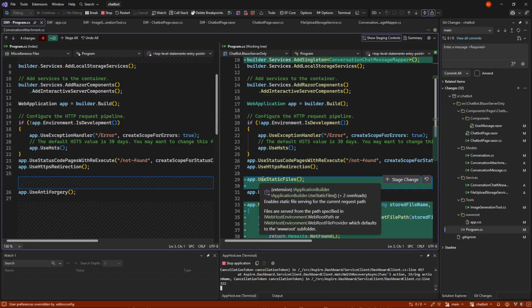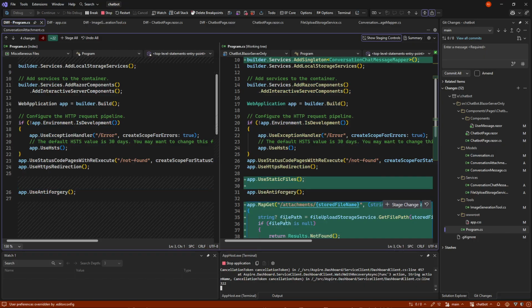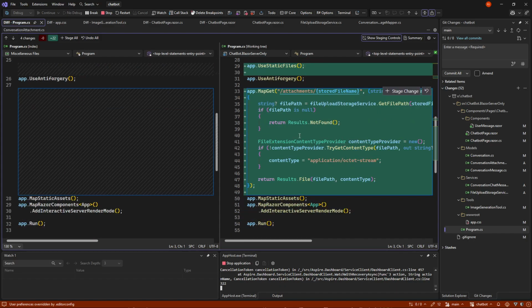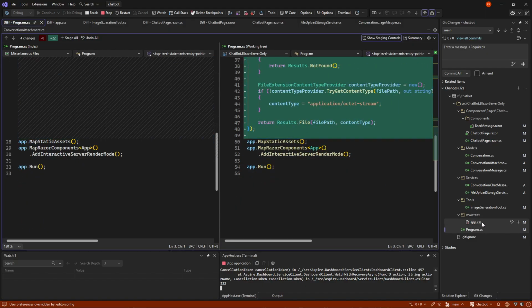And we need to use static files in order for us to work with these files. And because we want to see the images on the screen, we also need a small map get in order for the GUI upfront to actually show the images on the fly as a service in here. So that's actually everything there is to it.